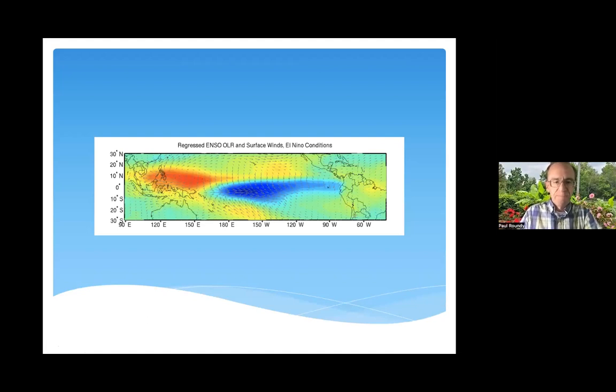And of course, ENSO has a substantial effect on the winds in the tropics. And here is the situation where we have shaded outgoing longwave radiation. I've subtracted the seasonal normals and we're left with more active than normal rainfall near and east of the dateline, a little bit going east to the coast of South America, and dry area in the warm colors here. And the vectors are the surface wind anomaly. You've got a ridge here and troughs poleward of the heavy rainfall and westerly anomalies. So this is denoting collapse of the trade winds.